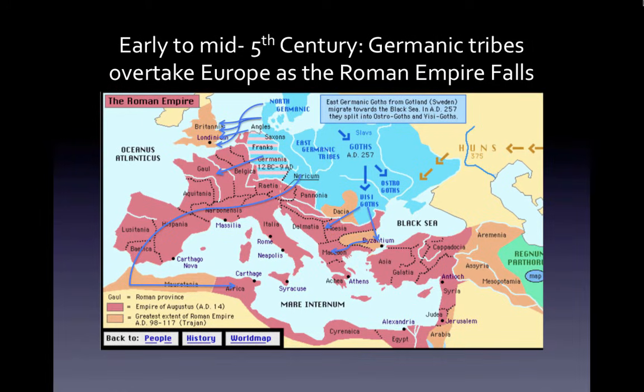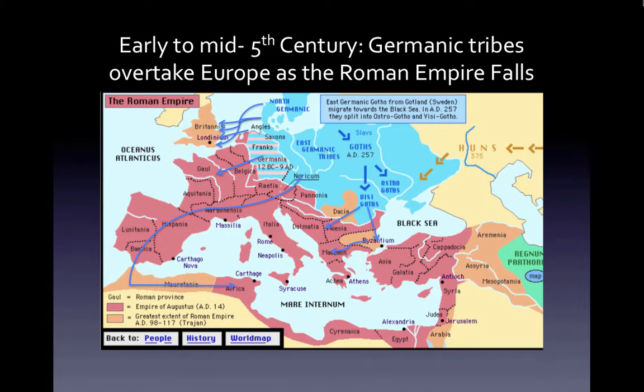The Germanic tribes move ever westward. In the year 410, the Visigoths sack Rome, and over the course of the next several decades the rest of the empire falls. As it does, the Roman military and the Roman administrators abandoned the island of Britannia. By the beginning of the 6th century, most of what was once the Roman Empire was in Germanic control.